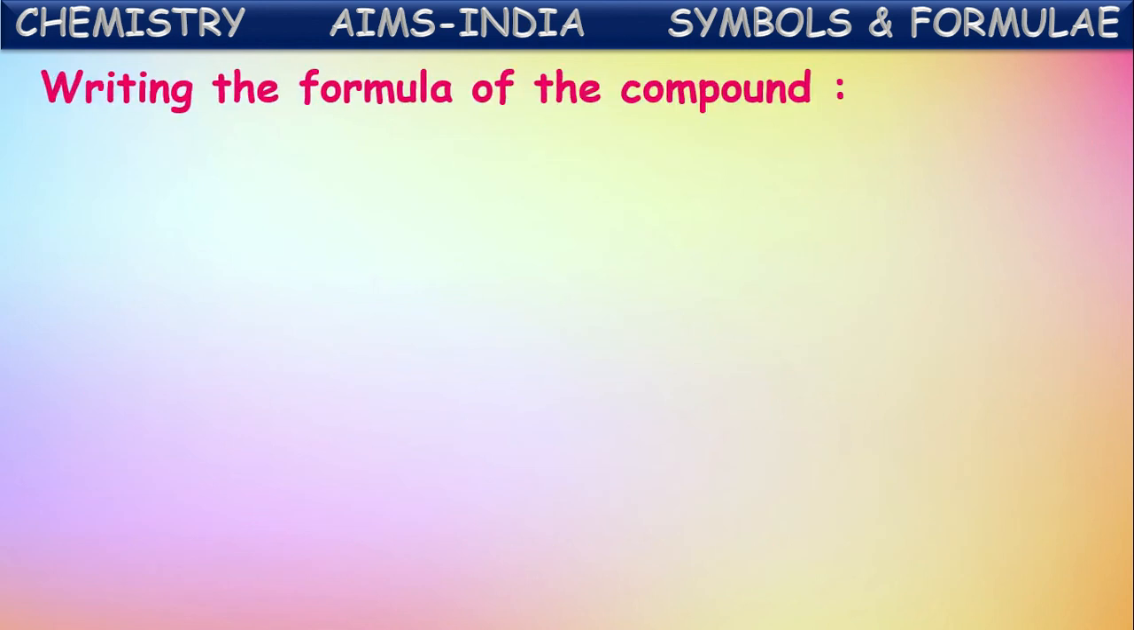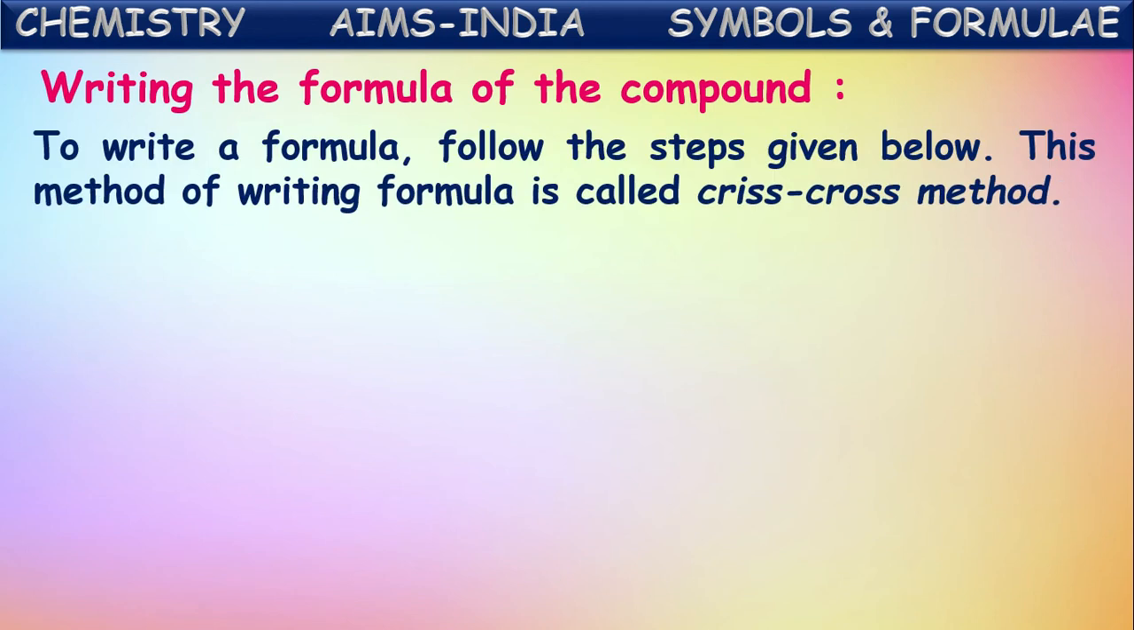Next, let us see how to write the formula of a compound. If you know the symbols of the elements, how do you use them to write the formula of a compound? Let us try to learn here. To write the formula of a compound, we have to follow certain steps. This method of writing the formula of a compound by following certain steps is known as the crisscross method. So let us see what steps to be followed in writing the formula of a compound by using the crisscross